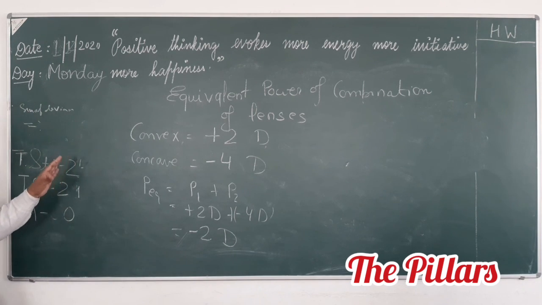So combination of power of lens is okay? Any confusion? So that's all for today. We can go with the next topic in the next class, that is, we can start with magnetism. So this is only left, power of lens. Now it is also over.